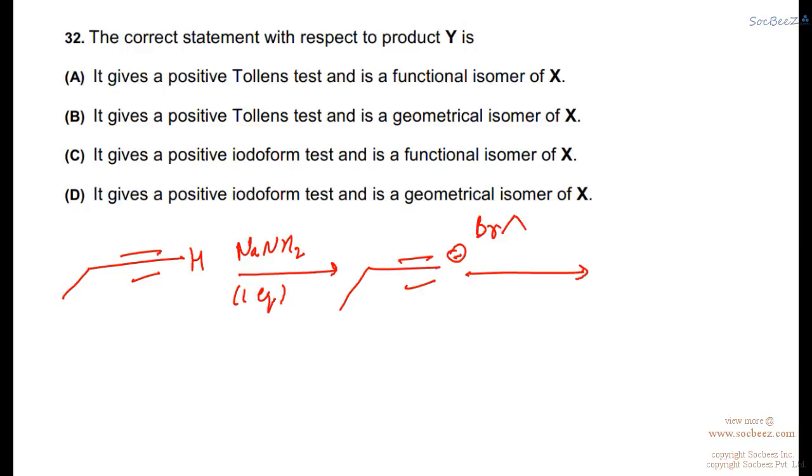And now after treating with BrOH and NaNH2, again one equivalent, okay. So this will be